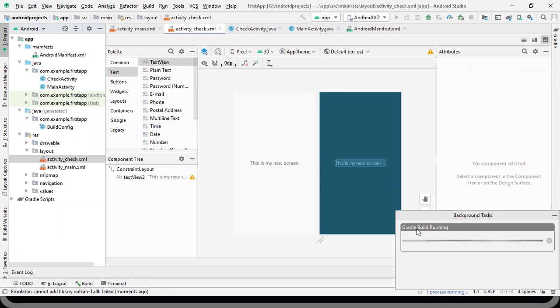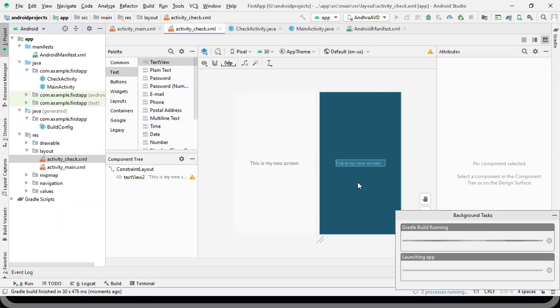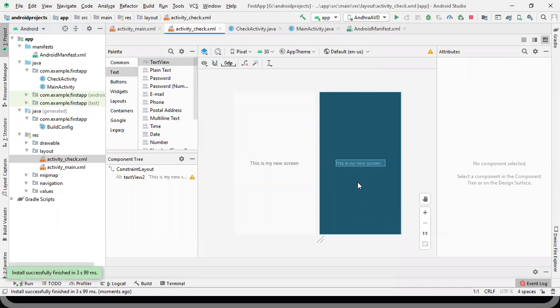Gradle is running. So what is Gradle? I told you earlier. Gradle provides support to the SDK or the Android development environment.